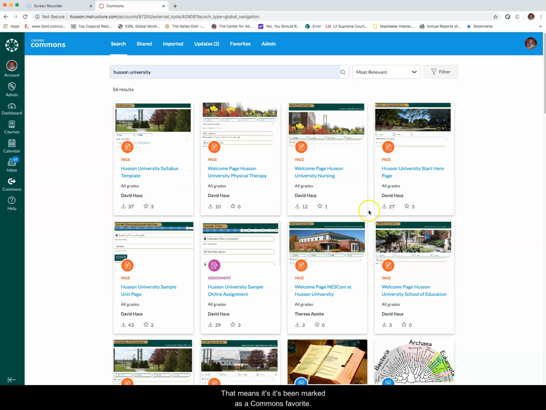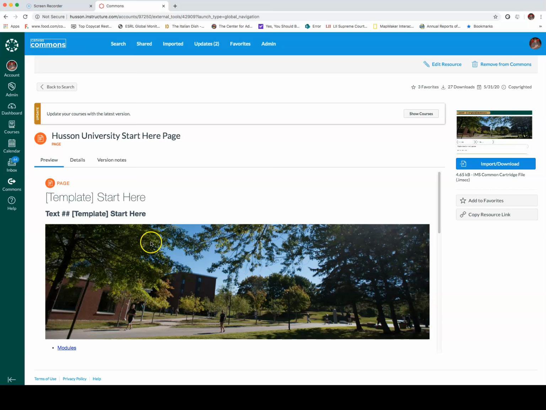That means it's been marked as a Commons favorite. And so if I look for the sample or Start Here page template, the Start Here page, and I have the choice to add this to my favorites,